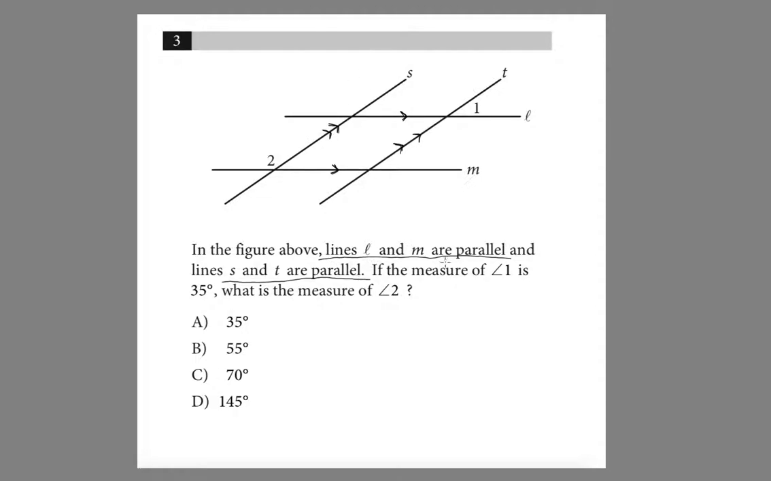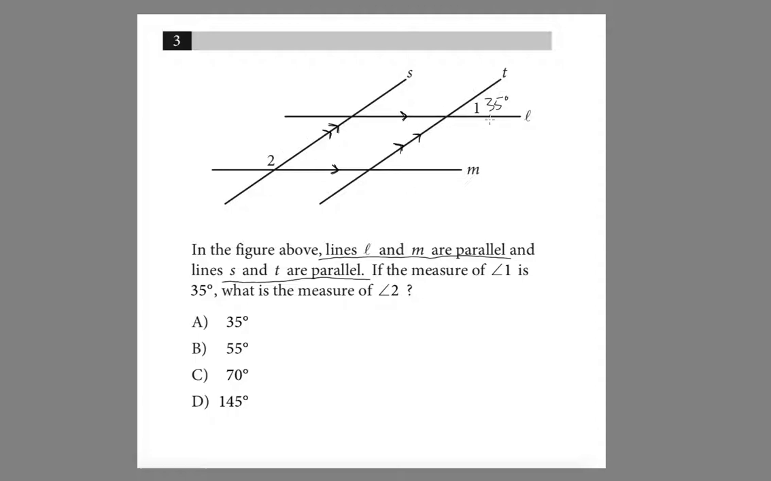If the measure of angle 1 is 35 degrees, alright, we're going to stop right there as well. We're going to say angle 1 is 35 degrees. What is the angle measure of angle 2? And you're going to say, hey, that's a little weird, right? We have angle 1 and we have angle 2 all the way over here. And so to solve these problems,